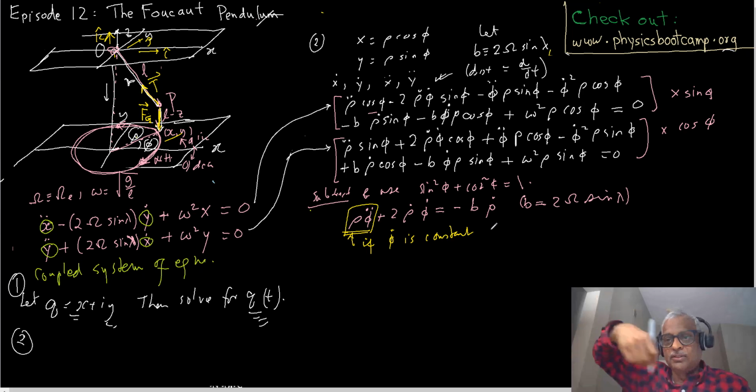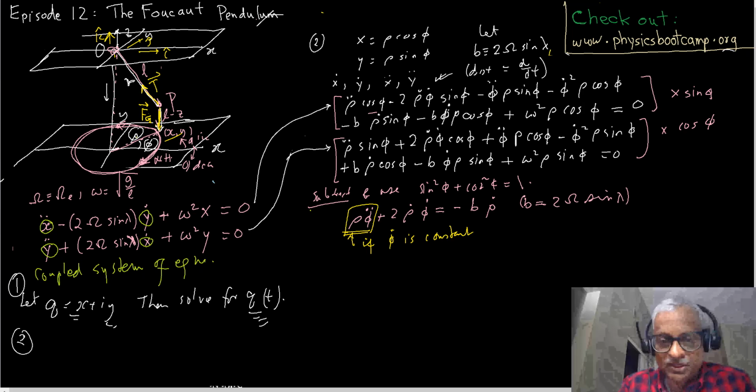It's going around this. There's no reason for a particular angle to be more preferred than another angle. Why would it speed up? So there's a symmetry in the problem. So we can say phi dot is constant. That kills this, and that kills that with that, and so